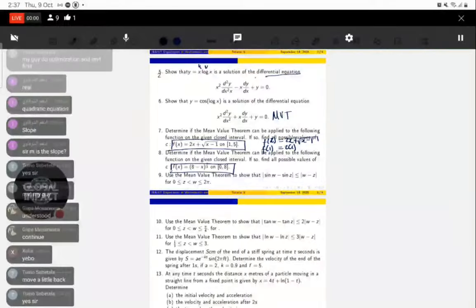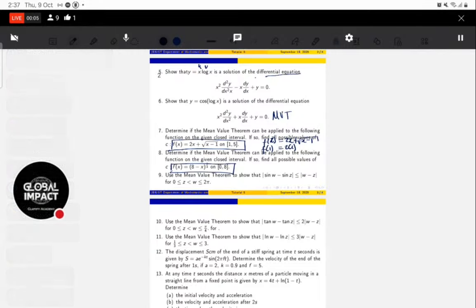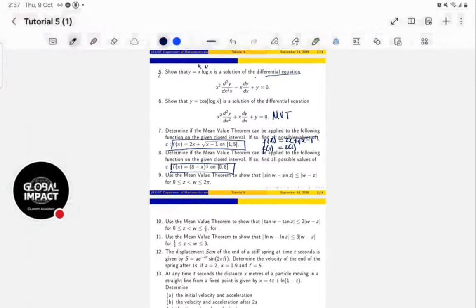You should find something which is harder. What is it? Number 9, and we have number 10 and so on. So here, what do we have in number 9? In number 9, we have an interval. They're saying to use the mean value theorem to show that the modulus, this is